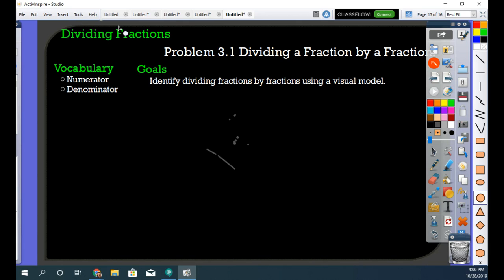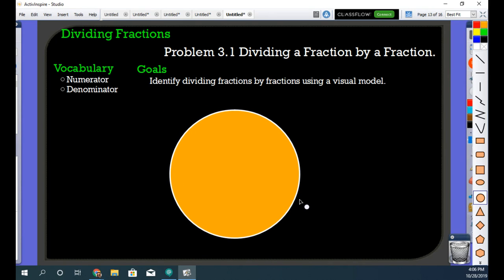So they have been introduced to dividing fractions in the past, but not really at any kind of high level of explanation. We started this dividing fractions section or unit or set of lessons with a fairly simple model. So we started off with the idea that you could take a circle and then say we are going to divide this circle up into fourths. And if I had 3/4,